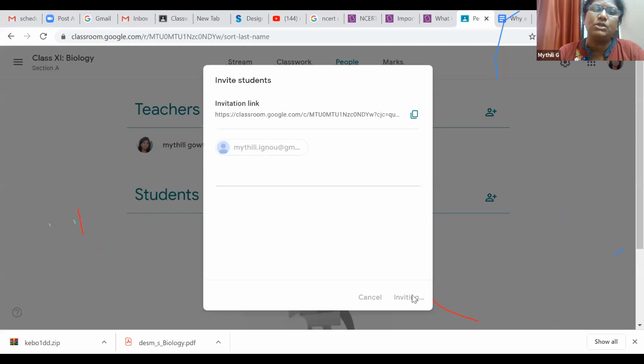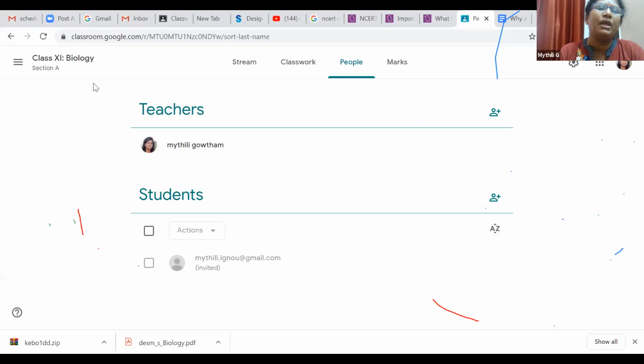Or otherwise what you can do is copy the ID and pass it on to the student, and then they can also join. So I will go to incognito, because that will be the easy way.